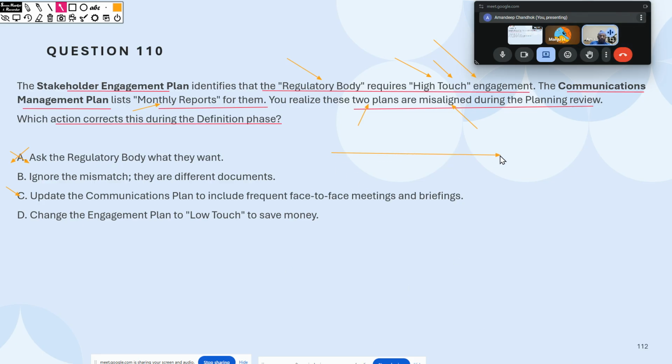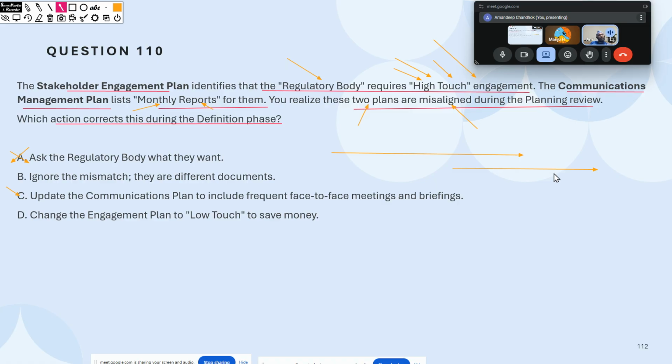Your stakeholder engagement talks about how you're going to build and maintain a relationship with your stakeholders. Communication is one of the ways you maintain that relationship. So let's say your relationship has now changed from a monthly report to a daily face to face or in person catch up. Good, I made a change in the engagement. I also need to make that change in the communication, because I can't go and communicate monthly when they are expecting me to engage with them on a regular basis.